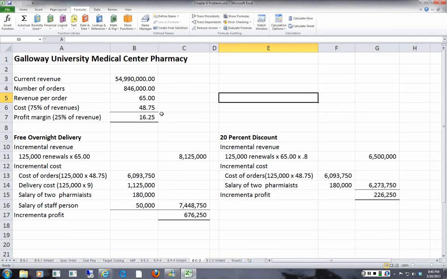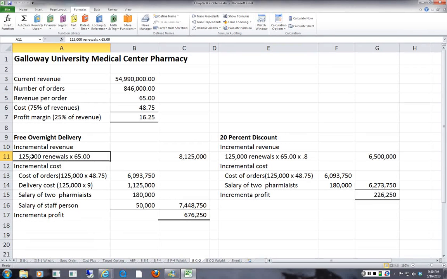Another suggestion is to give them a 20% discount if they buy it there, and we'll see what kind of incremental revenue they can get from that. So first of all, let's look at the free overnight delivery and go through and price it. So we want to find out what the incremental revenue is, and they estimate that if they have overnight delivery, they'll have an additional